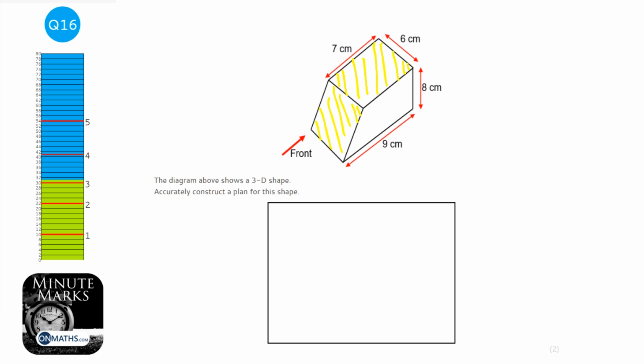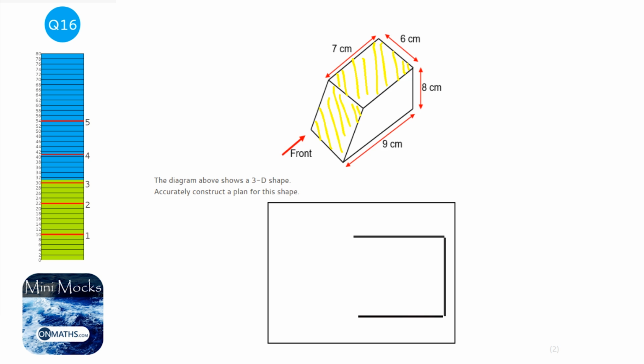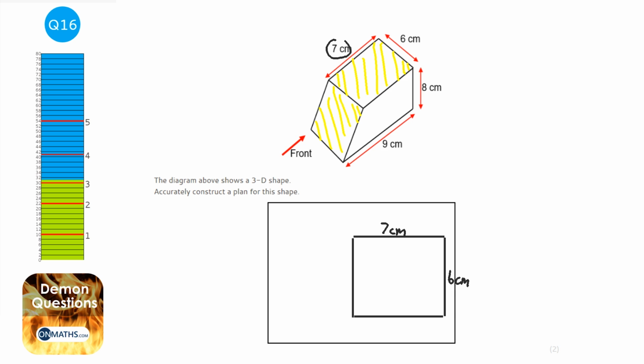Now I'm not going to be able to draw this accurately because I don't have a ruler, but we can almost get it right. We can get it kind of right. And if I label it, that's going to be 7 centimeters, and that should be 6 centimeters. And in your exam, just make sure you actually measure them, because they are said to you in here, and it does say accurately construct, so you want to make sure that it's done 7 centimeters and 6 centimeters.